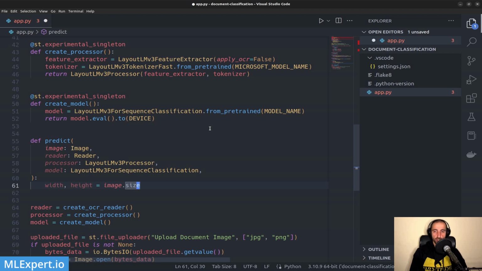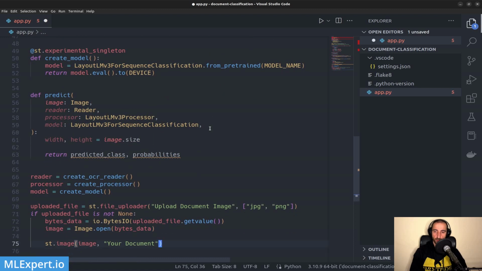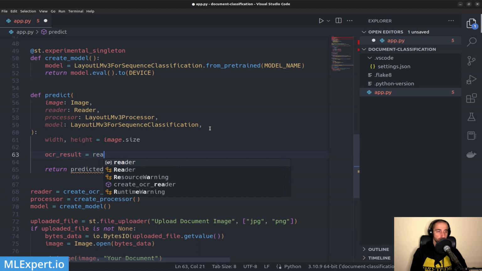The idea behind this is to return the predicted class and the probabilities from the model. To do that, I'm going to do the pre-processing steps: pre-process the image by creating some OCR for it, then passing the OCR through the processor, doing inference with the model, and then taking the logits, applying a softmax function in order to get the probabilities, and returning also the predicted class. So next I'm going to get the OCR result from the reader